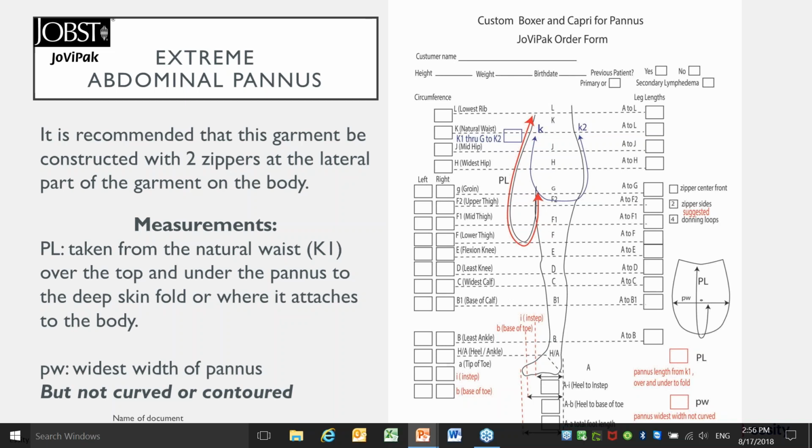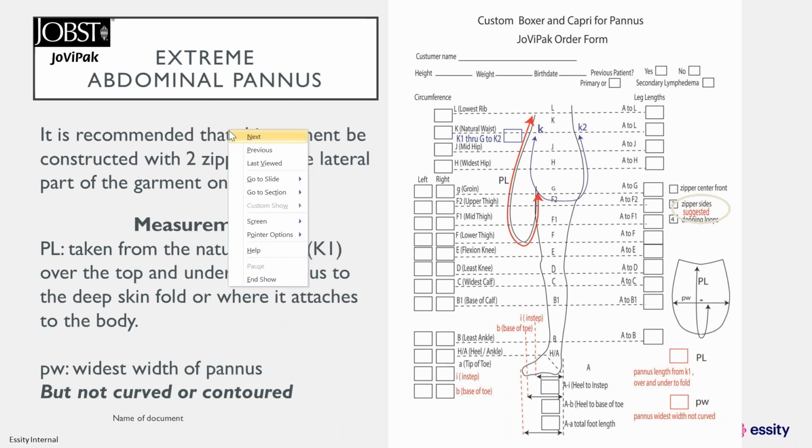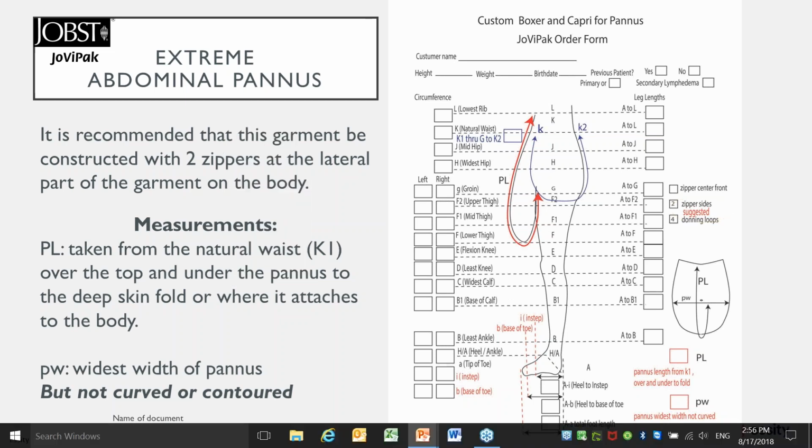It's recommended that this garment be constructed with 2 zippers, one on each side of the body or the lateral part of the garment when it's on the body. We need the zippers to be checked over here on the right side of the order form. And then please go on and give us the,